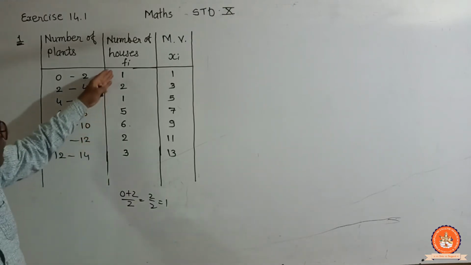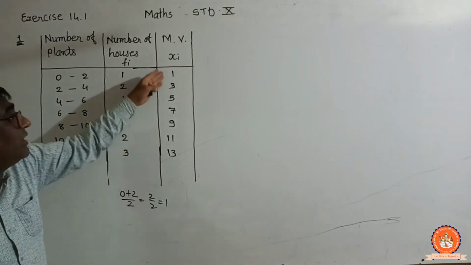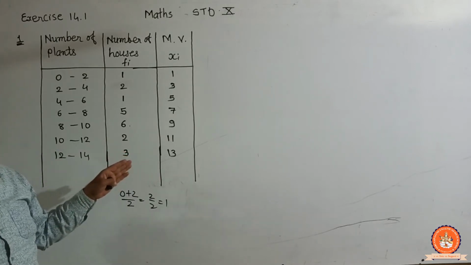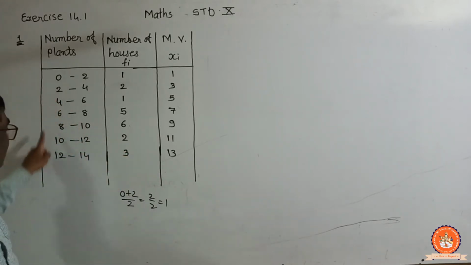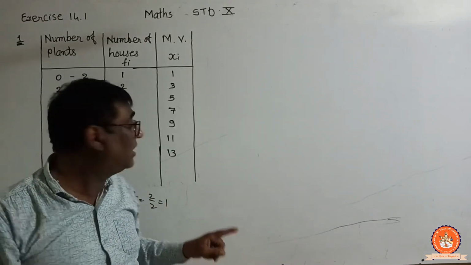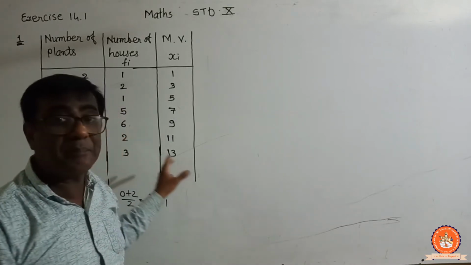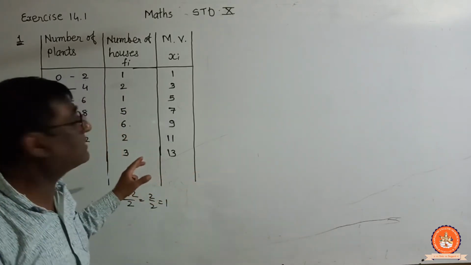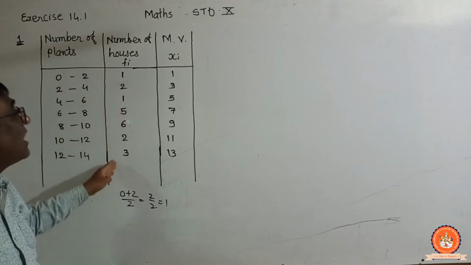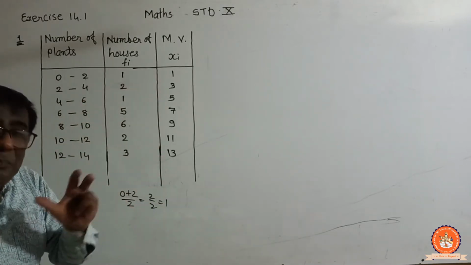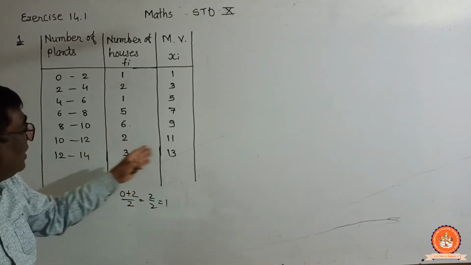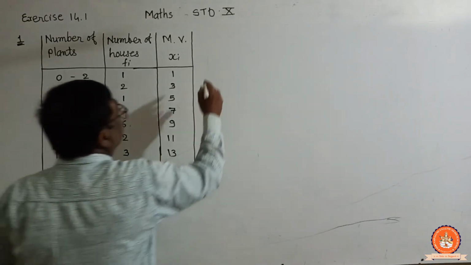Now my friend, frequencies are less, mid values are small. You can easily multiply it orally. So you can use the direct method, though the class length is even. And we have remarked that when the class length is even every time, you can use step deviation method. But we have also remarked that when the frequencies are less and the mid values are comparatively small, you can use direct method because orally you can multiply it. Okay, so we will use direct method here.